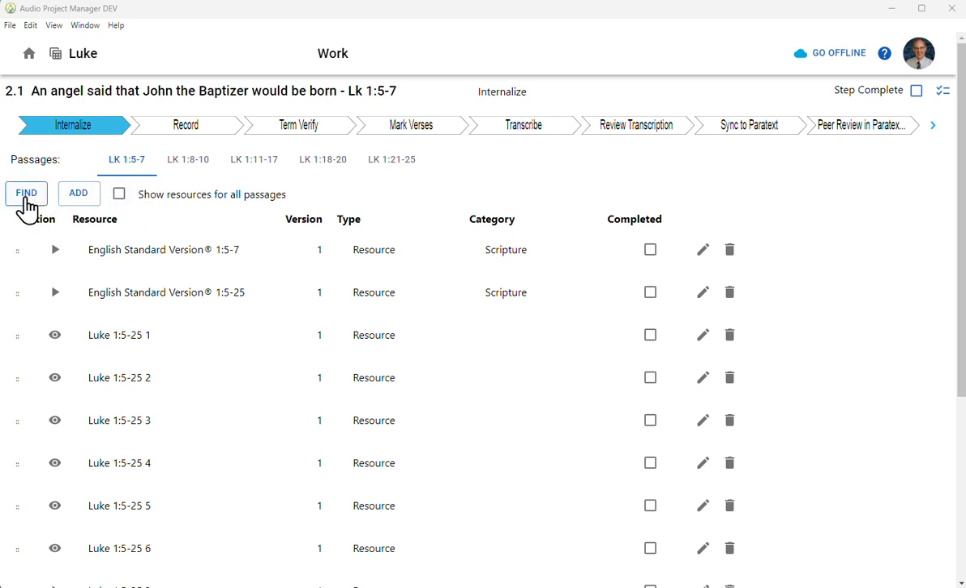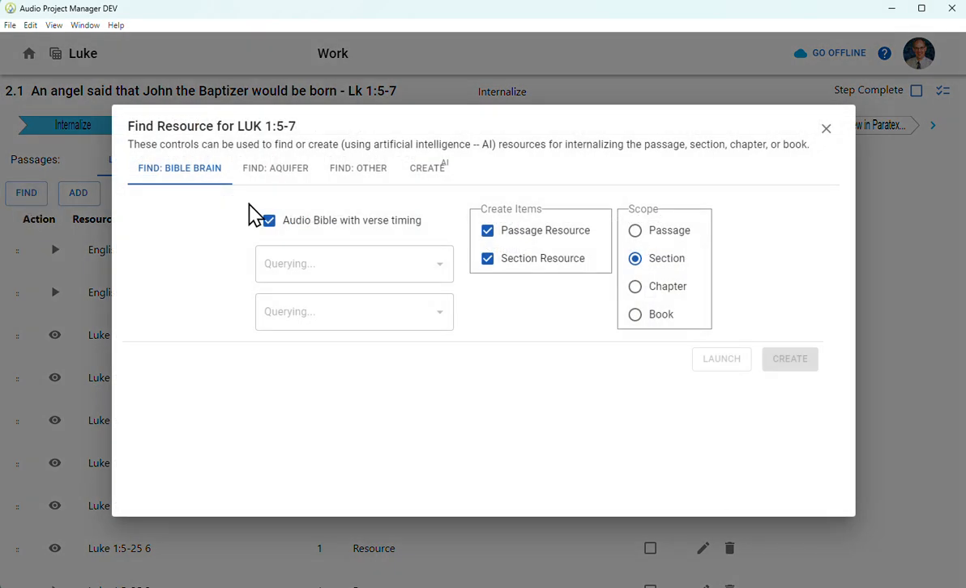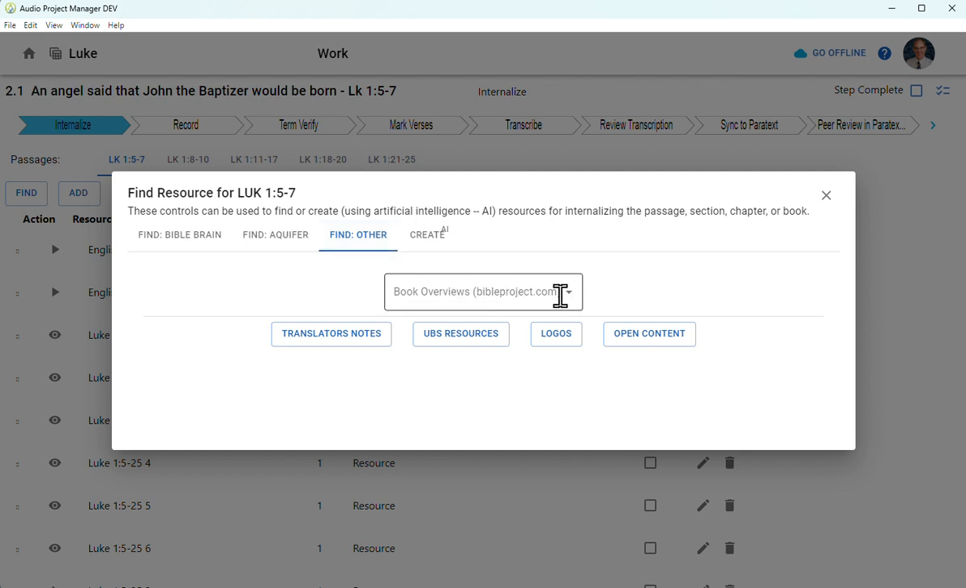So this is for finding resources using the Audio Project Manager version 3.3 and 3.31. And this time we'll be covering the AI resources and the online resources in these last two tabs, Find Other and Create AI. So if I click over to the Find Other, this first option allows me to find resources